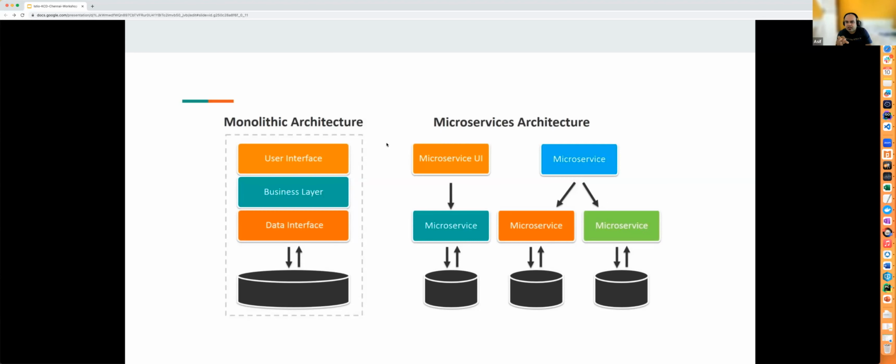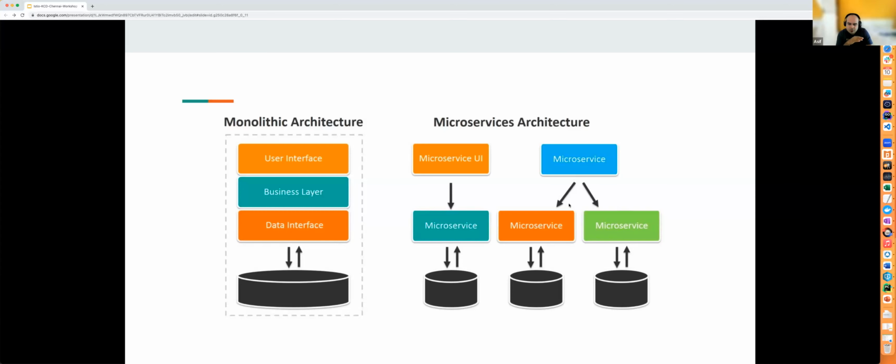So when these are all there, if you see, earlier in the monolith, the call goes to the monolith architecture and the call stays within it. If the user interface wants to communicate with the business layer, the call is within the same binary or same modules, the same network stack, right? It's not going outside anywhere. But when we move to microservices, there are a lot of independent calls happening between the microservices. You can see a lot of extra arrows came up, right? These are basically HTTP or gRPC calls happening between two microservices. This was not there earlier in the monolith.